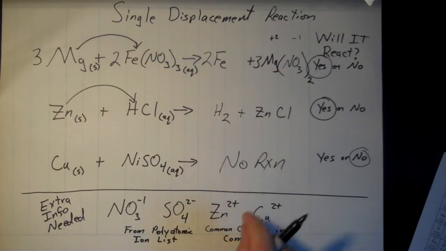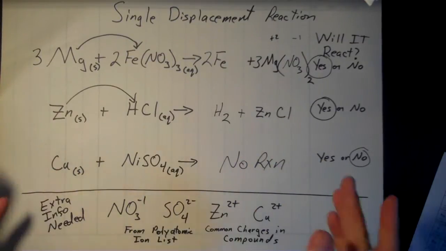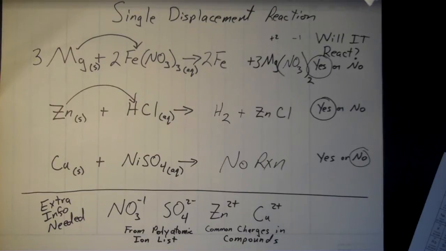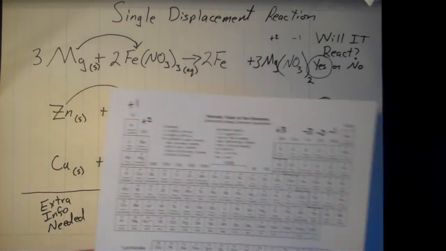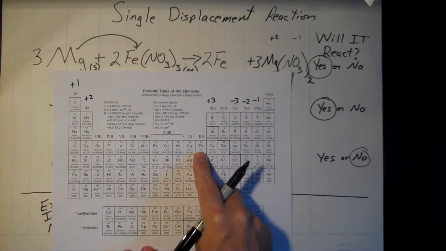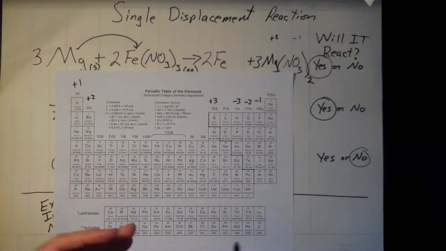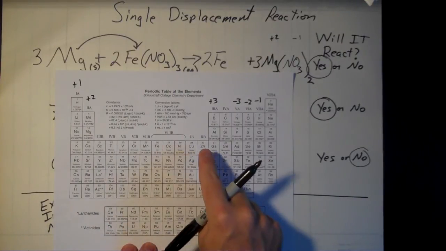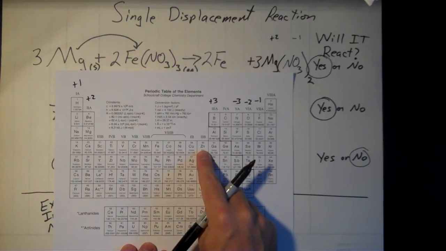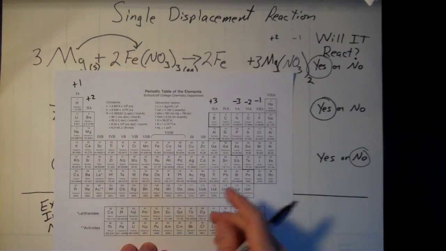Again, we're going to start with 1 of each of those, and that's all we had on the reactant side, so we don't even need to worry too much about that part of it. But we do need to balance the positive and negative charge. Now zinc, its location in the periodic table is part of the transition elements, and those can have a couple of different possible charges depending on which transition element it is and so forth. And so zinc, turns out zinc always has a +2, so you could just memorize that if you needed to,